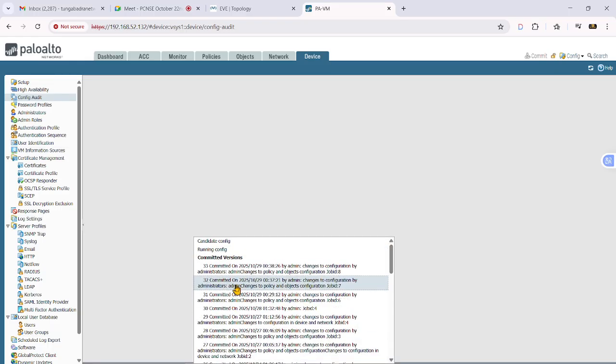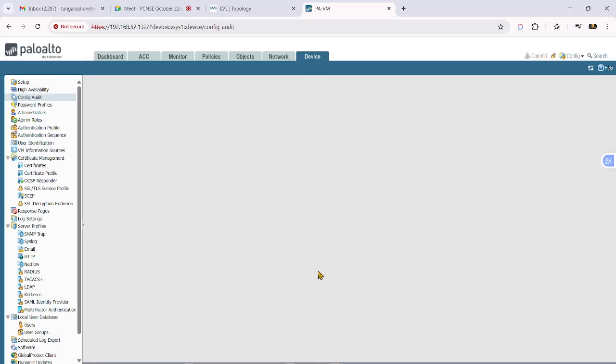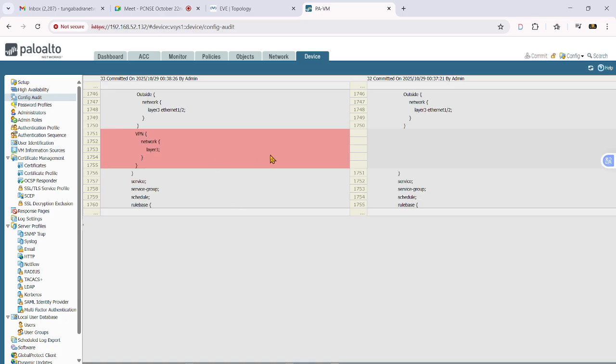If you see here, this is the 33rd and this is the 32nd that we have created, and who did this will show here. So this 33rd commit version is done by the admin.